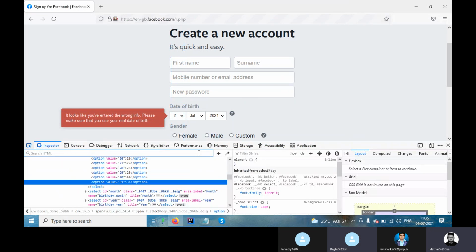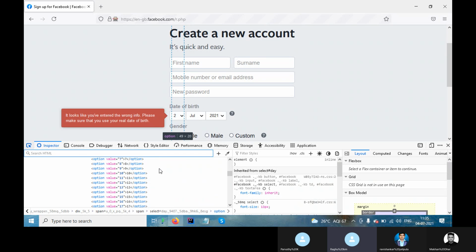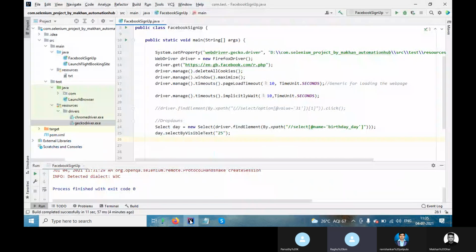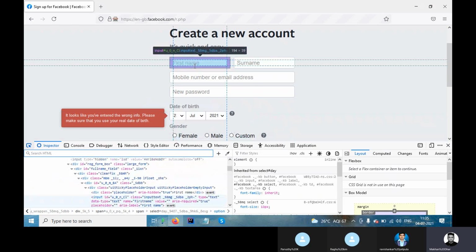Okay, let's come to the next question, adding to the right point. In a date field, if a person can type manually, instead of selecting, if there is an option to enter 2, 3, 4, that time we can use send keys, right? That now is not a drop down. We have a select option, so we need to use this form. When you are entering, it is considering text. When I am entering something, that's not a drop down.